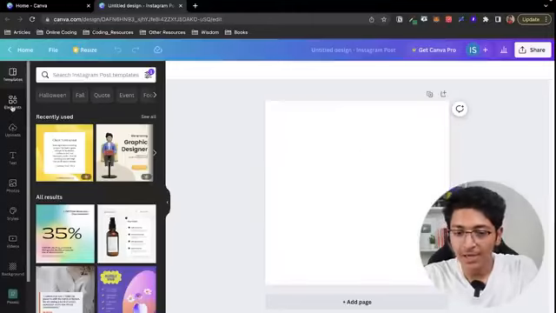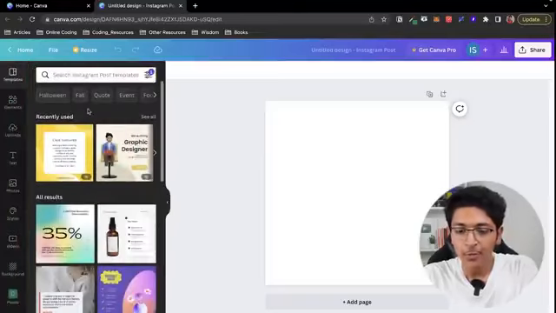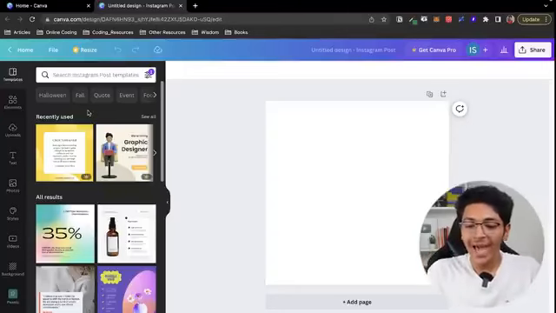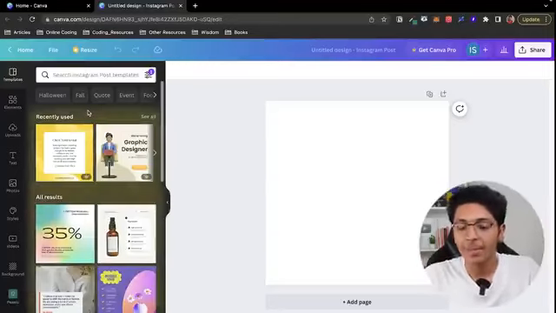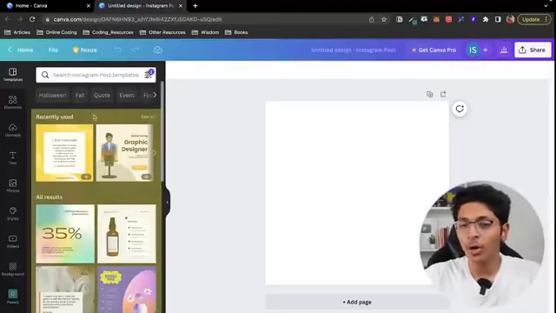Now let me show you how this actually works. So we have this section of the screen over here wherein we have elements. First of all, we have templates, right? So with templates, what you can do is without any effort from your end, you can look at templates or designs of social media posts made by the best designers on Canva, available to you right over here in the template section. There are some that are paid over here in the template section, but there are also plenty of